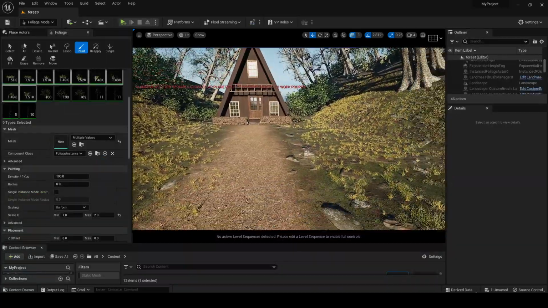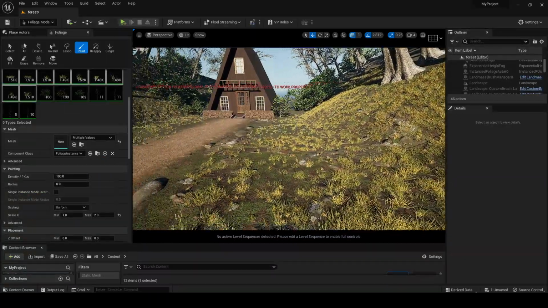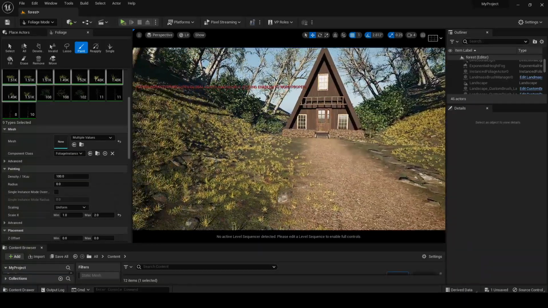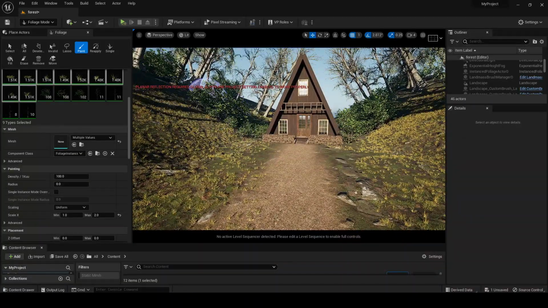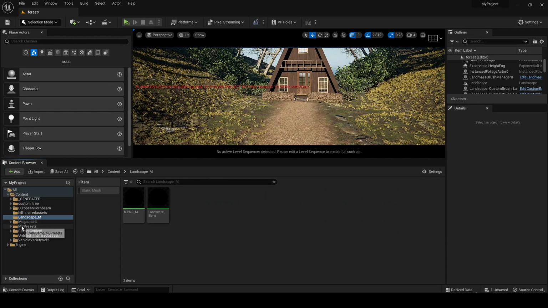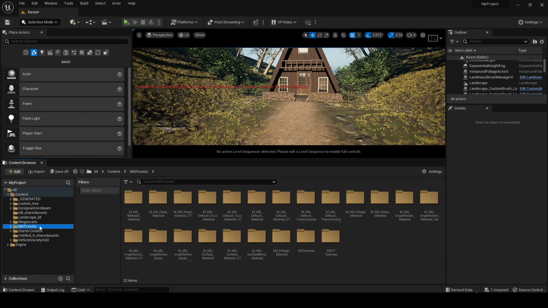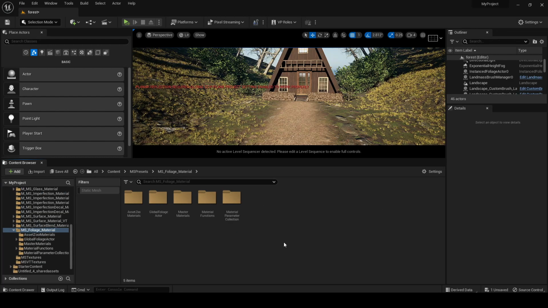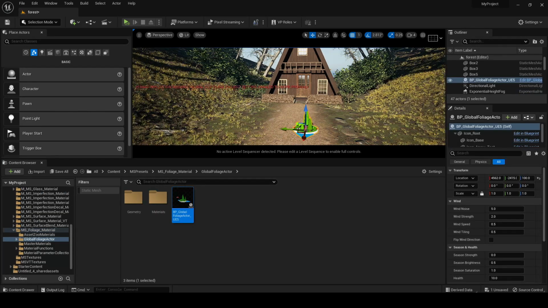You can see my grasses are looking yellow, because I have changed some settings. So let's change the settings for this Megascan tree also. All we have to do is go to our MS preset here, you can see, and go to MS foliage material, go to this global foliage actor and drag and drop this one. Okay,